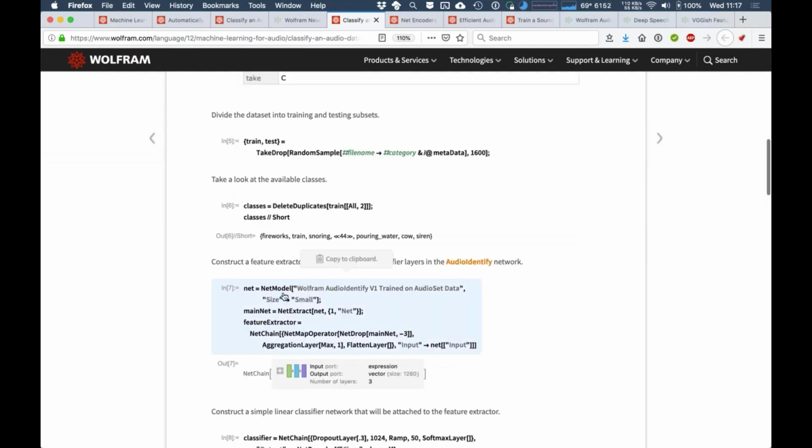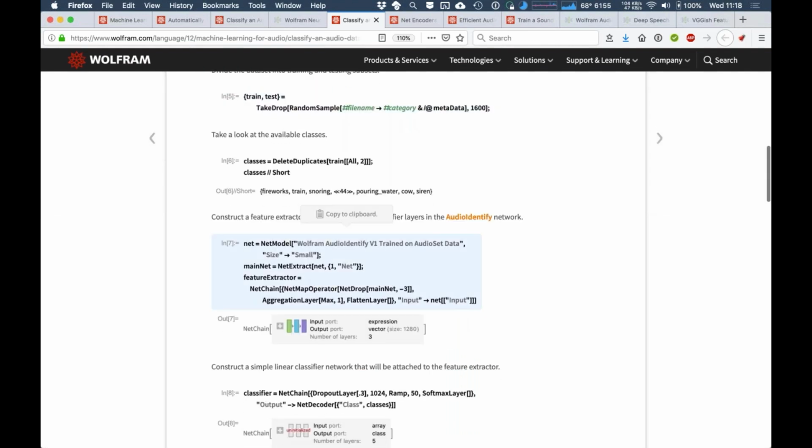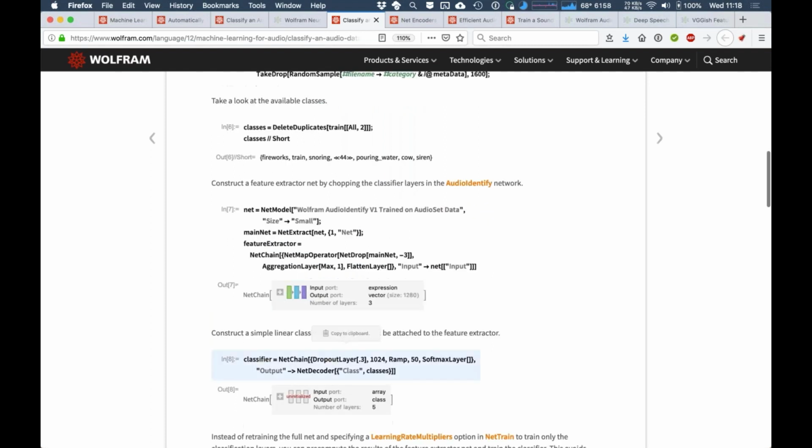And what happens in this cell is I import the Wolfram audio identify net model and substitute the classification layers with appropriate classification layers to classify the data set. In this case, as you can see, it is just a classifier that consists of linear layers and non-linearities.